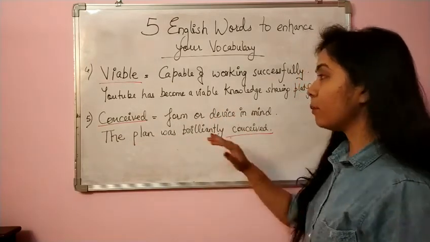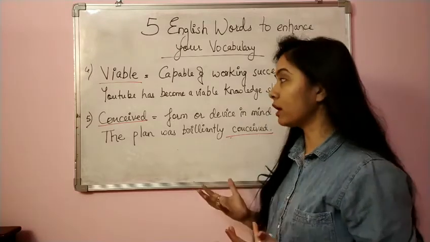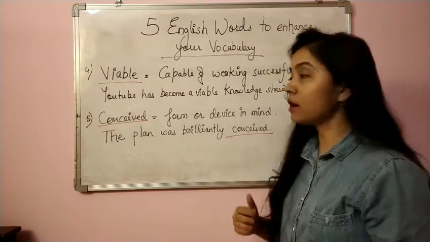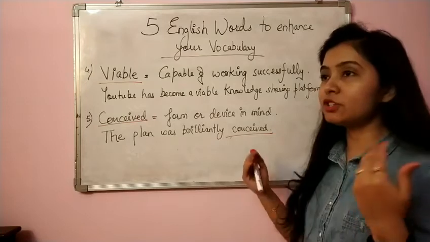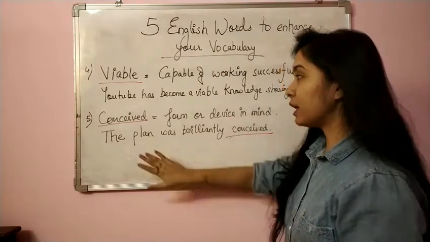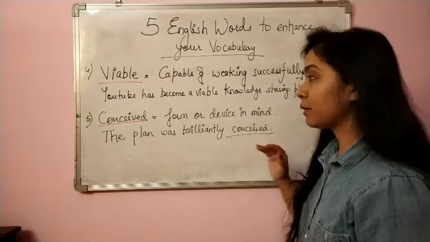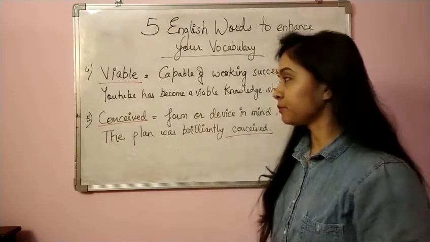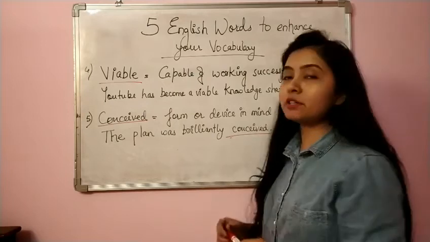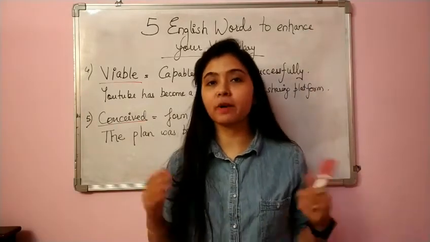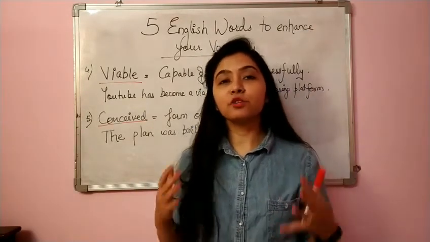form or devise in mind. फॉर्म मतलब कंसीव मतलब होना, डेवलप होना, या फिर डिवाइस इन माइंड किसी चीज का माइंड में आना, तो दैट इज कॉल्ड एज कंसीव. तो plan was brilliantly conceived, एक बहुत अच्छा प्लान दिमाग में आया. So these words, these 5 words of English which I told you today, so you can use these 5